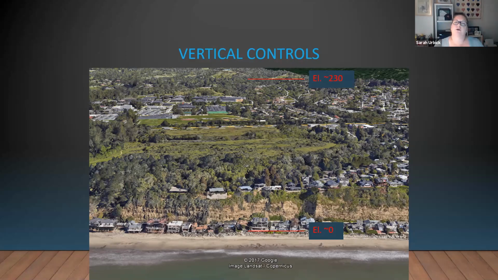So if we were going to work on a parking lot just on the east side of the buildings there and build out something along those lines, we would be looking at elevations of plus or minus 230 feet from our North American vertical datum. So how do we know that that's at 230 feet? The benchmark that we would look at, that we would go out and look over,